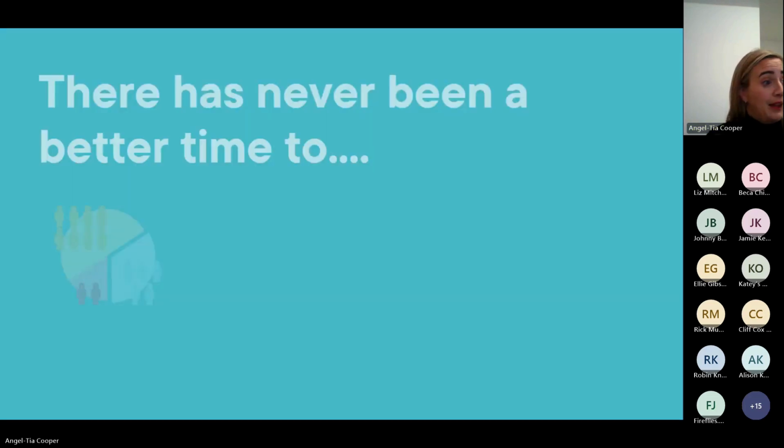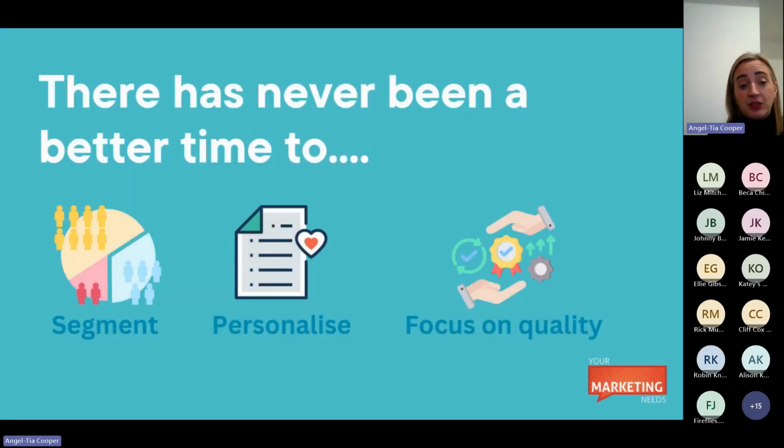So there's never been a better time to start thinking more about this segmentation to create that personalized content, which is higher quality, because Google will be looking at how many people open your emails. They're looking for quality, personalization, and segmentation. And they're the first ones to roll that out. It probably won't be long before Microsoft do the same. So we need to start getting prepared for this. We need to make sure that we are getting all of this stuff prepped now to make sure that we're ahead of the curve when it comes to our email sends.